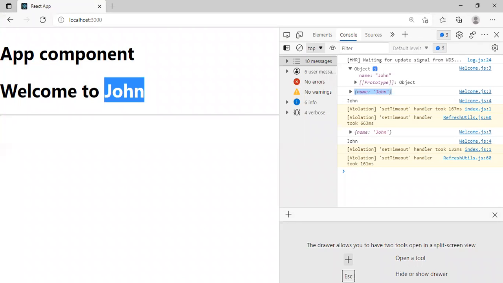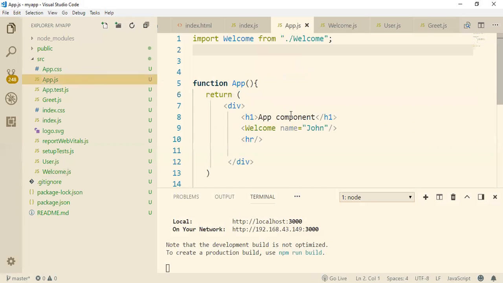Okay, watch here. Suppose this is the App component. When we are populating the Welcome component, now we are passing some more information. Suppose age. I want to pass another piece of information also: age equal to 20.